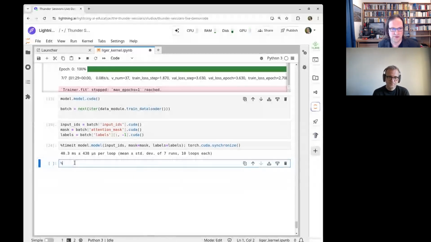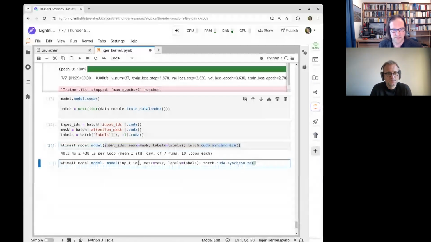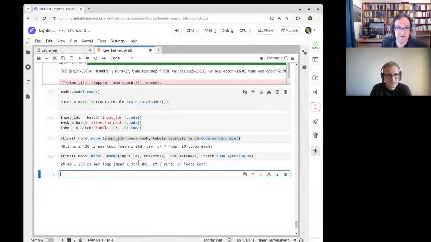So this takes about 40 milliseconds, and we can compare it to the original model, which is still here by accessing this underscore model. And of course, it takes the same inputs as the Thunder model. And we see that it's a bit faster.